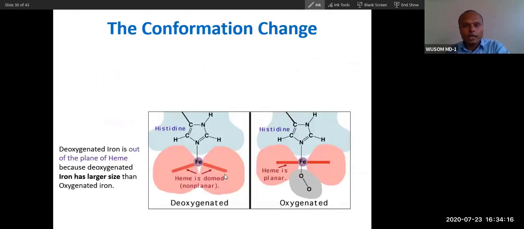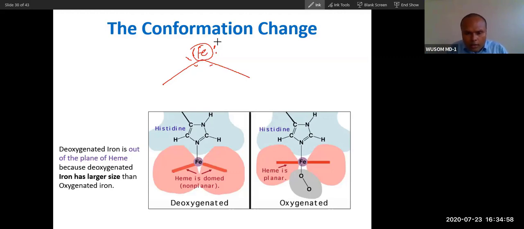So now you can see how conformation changes because of the attachment of oxygen. You can see this is deoxyhemoglobin. So the heme is a little bit tilted, V-shaped, and the iron is popped out of this heme structure. Now the electron configuration inside this iron is relaxed when it is not bound with oxygen. As soon as oxygen binds here, oxygen pushes the electronic configuration present around this, which changes the iron size.